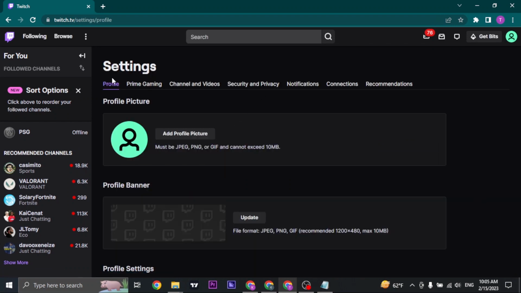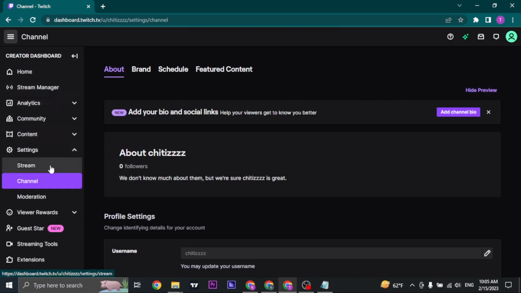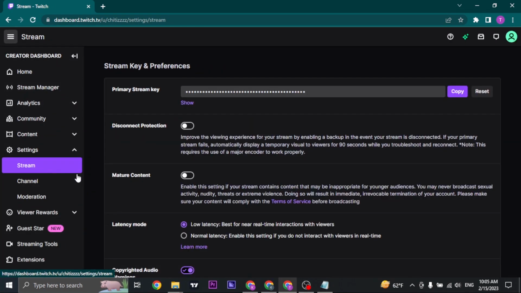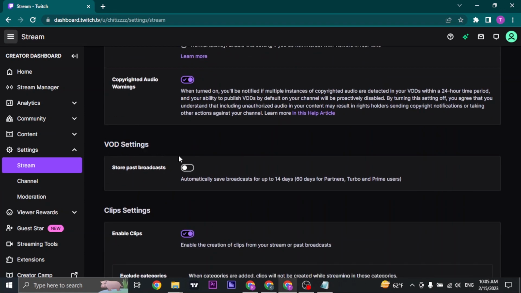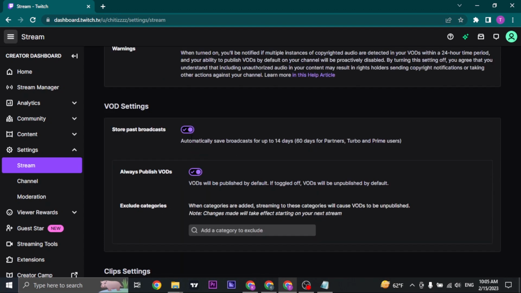and from the settings page on the top, click on channel and videos and select the stream option on the left. Once you do, you just scroll down under VOD settings and make sure that this option is toggled on. Now once you toggle this on, your previous broadcasts will be saved, and they will be saved for up to